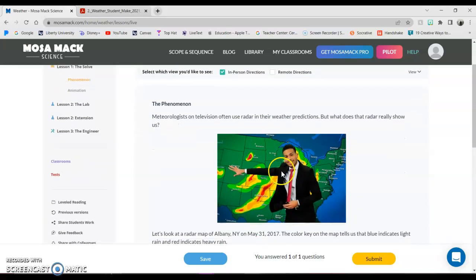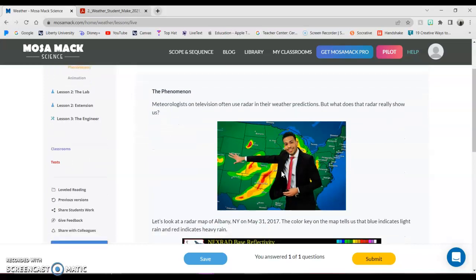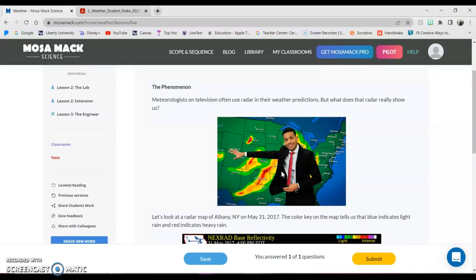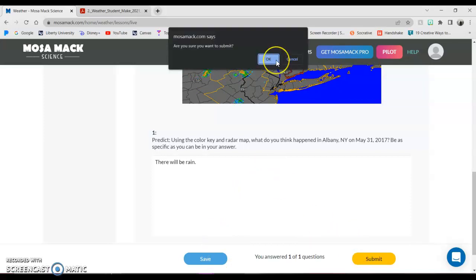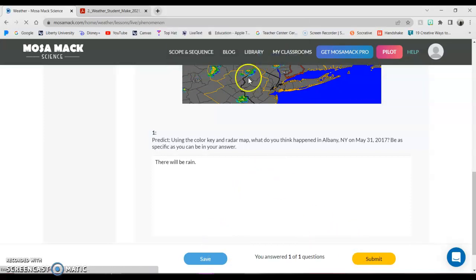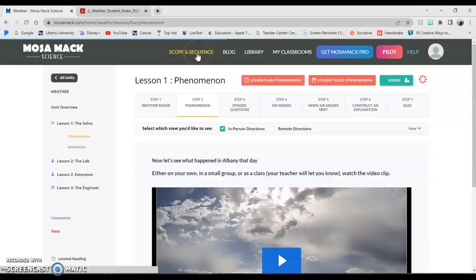So we go through and read about weather patterns and what they look like on radars, predicting based off the radar what is going to happen in Albany, New York in May 2017. The students can type in, or I can type in myself if we're doing this as a whole class, what it would be. You can save it and then submit your answer. They'll ask if you want to submit, and I hit submit, yes. So then you go on to step 2,